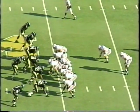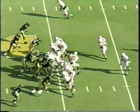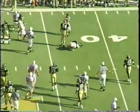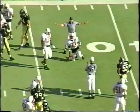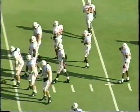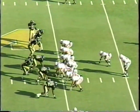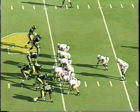I-set. Wide slot right. Frazier takes the snap. Fakes the pitch. Throws a screen. Incomplete. Bounce pass out there off the right side. It's now 3rd down. Tyrone Hawkins wide right, the lone wideout. No, it's Dixon to the left. Hawkins to the right. Jones is the